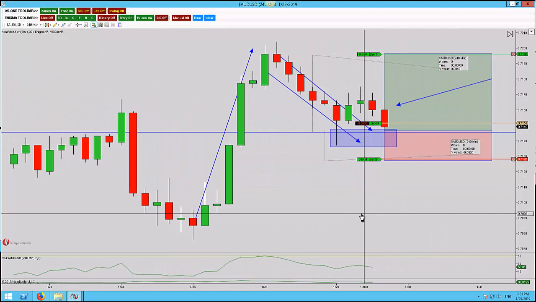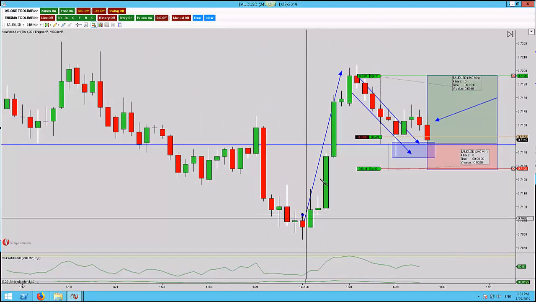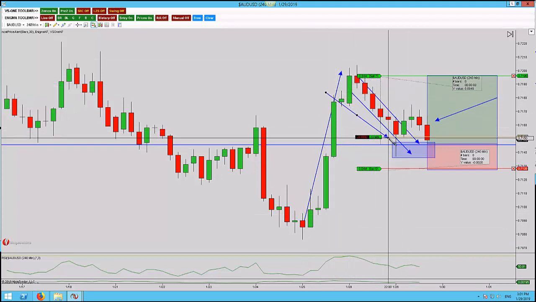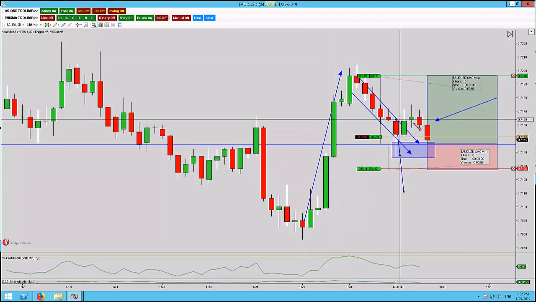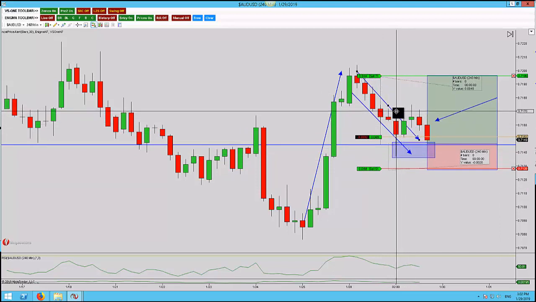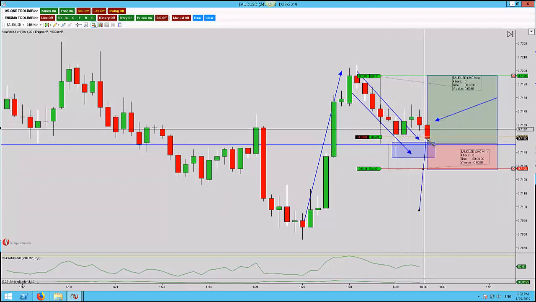So here it is, and very simply, very directional pole. All the candles are red, making our way down. We simply wait for the breakout. You can see we've clearly broken out of the channel here. And what you do then is look for the retest, and I've waited all day for the market to come